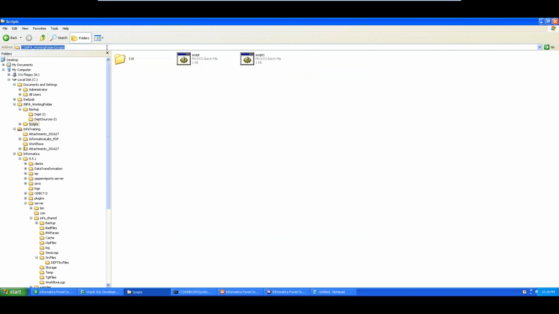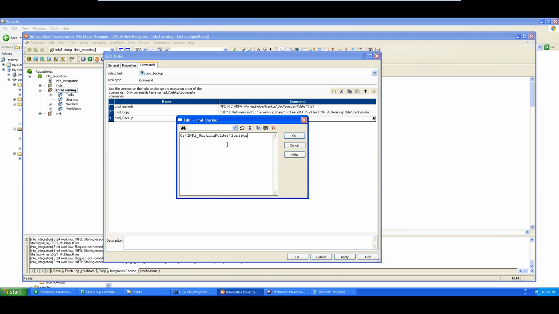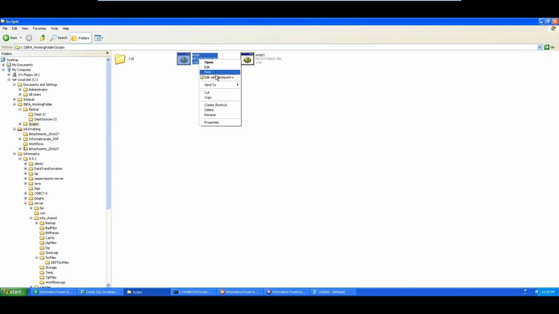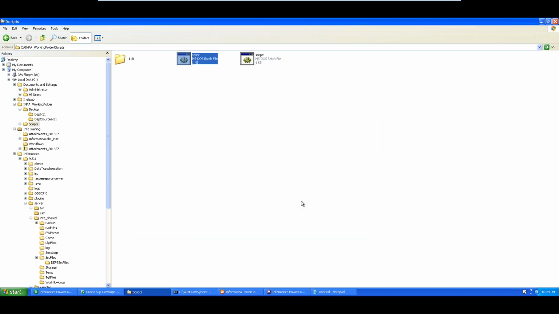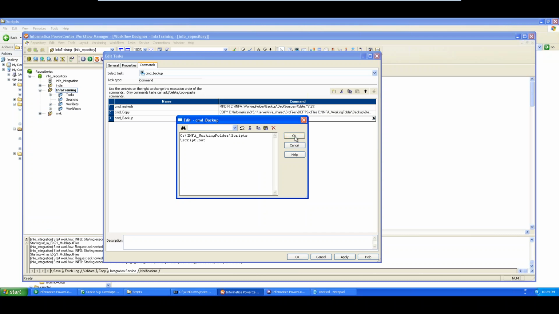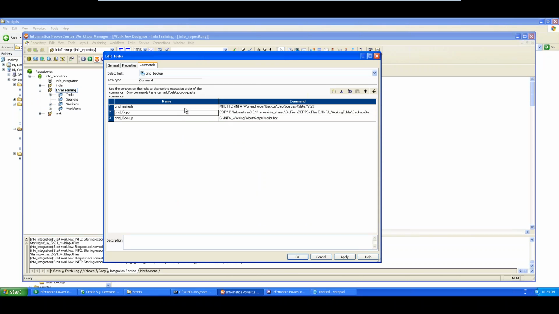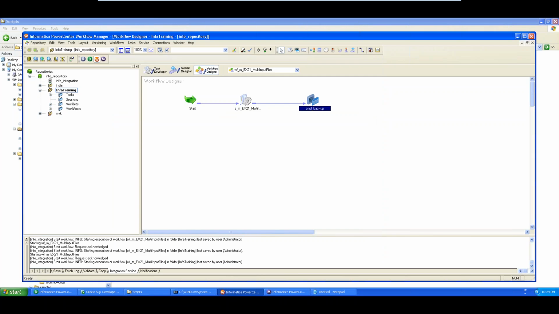So let me copy. Hyphen script dot batch. Okay, so look at this, this is the way you call the batch file. This is a batch file which you are calling. Okay, so you say okay. Now let me remove these. Okay, we'll just run the script. Say okay,